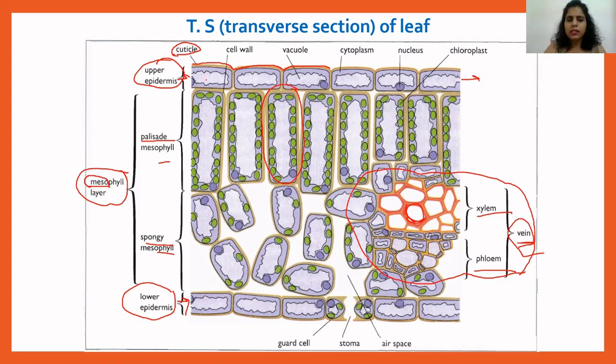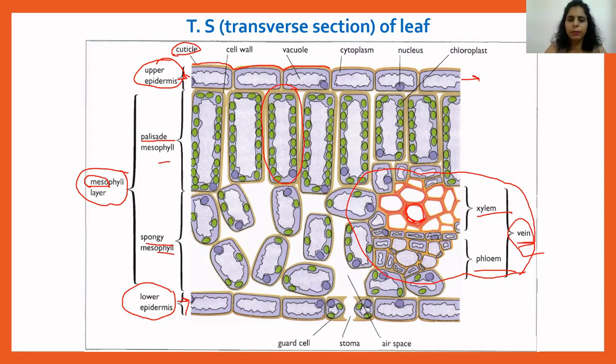So chloroplast is actually absent in epidermal cells. Upper epidermis does not have chloroplast, and lower epidermal cells also do not have chloroplast. So these upper and lower epidermal cells are called transparent because they are not green in color. The presence of chloroplast makes leaves green. Inside chloroplast there is a pigment called chlorophyll, so the presence of chlorophyll inside a leaf makes it green. So epidermal cells are transparent because they are not green, due to the absence of chlorophyll or chloroplast in them.